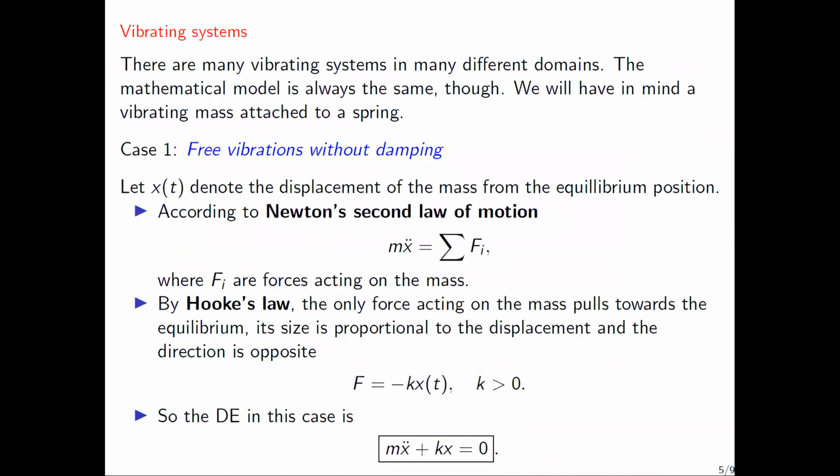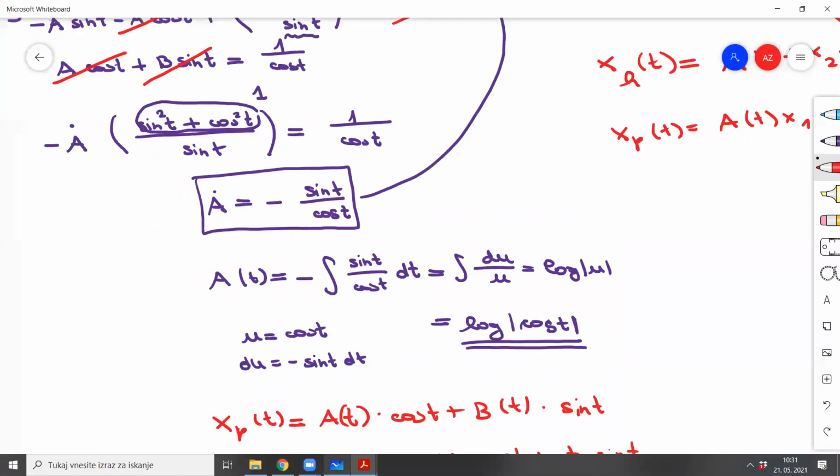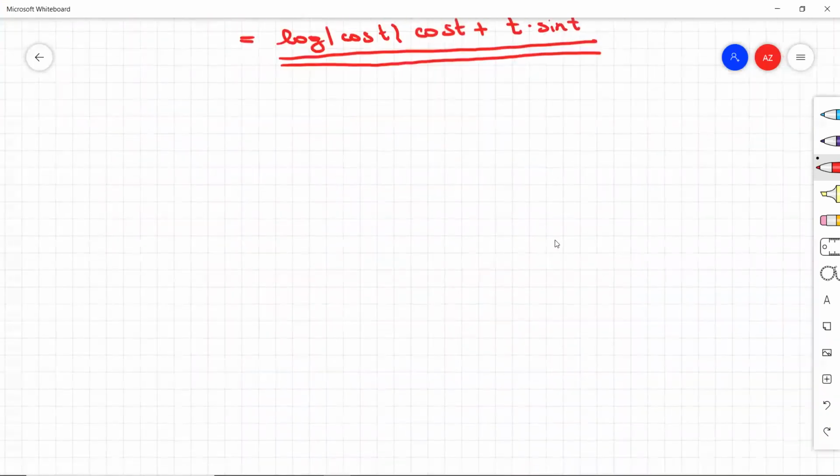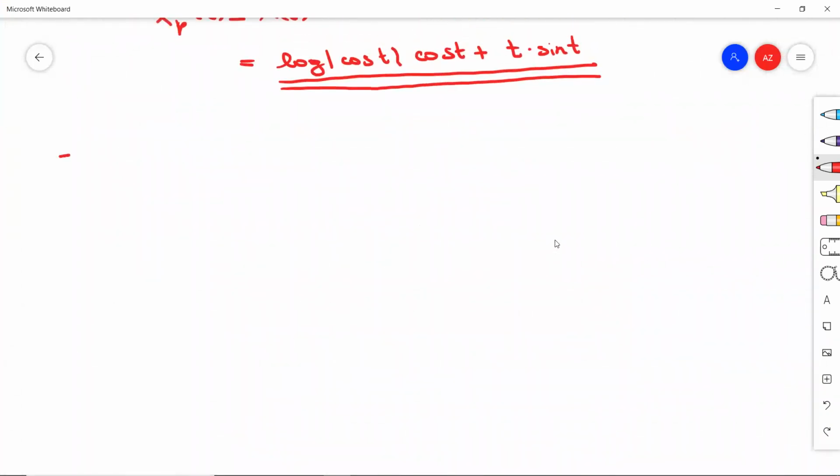So the first case, we have vibration. We have a spring attached to the ceiling. Maybe, so that you will follow more easily, I can draw a picture, and then we return to the slide. So we have a ceiling and a spring. Let's say that this spring is of length L, but then we attach a mass, some weight of mass M,